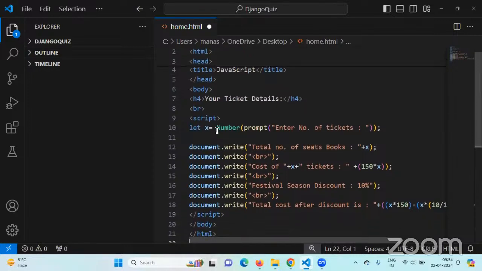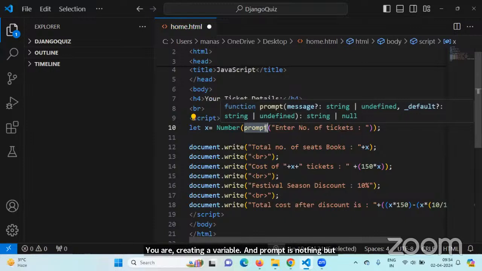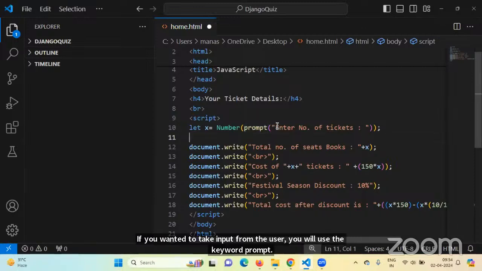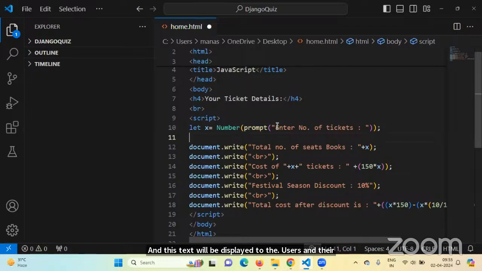So generally, as you have seen already, script is for JavaScript. Now you are taking a variable x, and prompt is nothing but, if you wanted to take input from the user, you will use the keyword prompt, and this text will be displayed to the users. Enter number of tickets. So once the user types like 5,